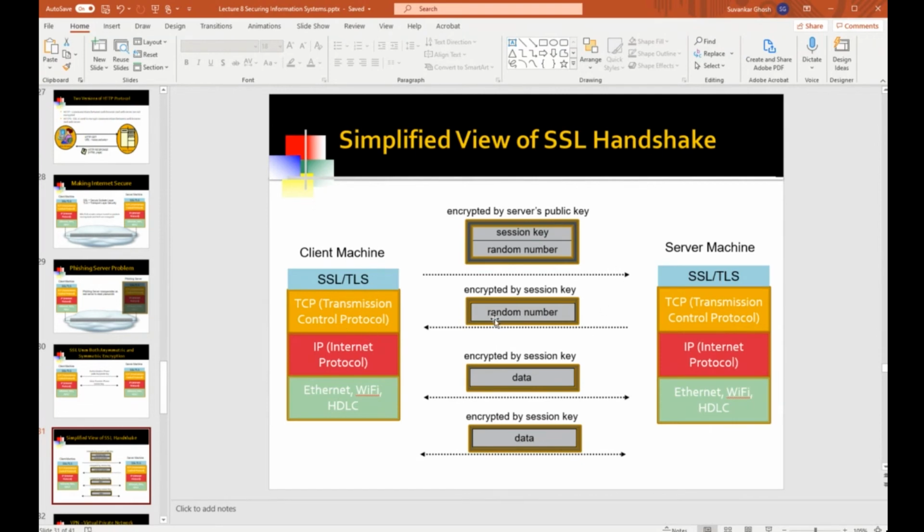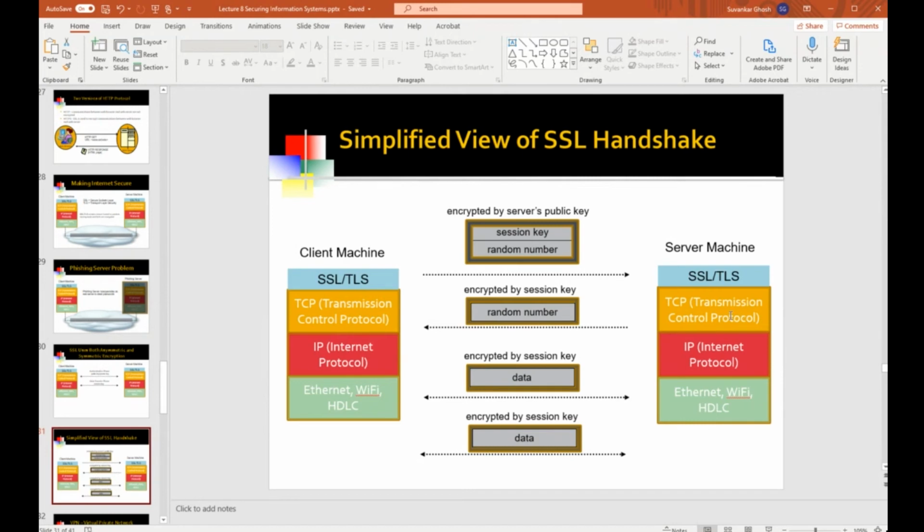So when the client machine gets that back, it will decrypt this packet sent by the server using the session key that the client had generated, and they can see that, hey, okay, I got exactly the same random number that I had generated and sent to the server.